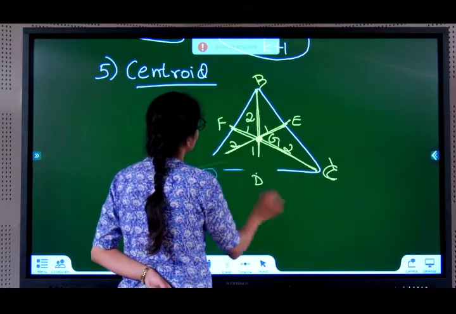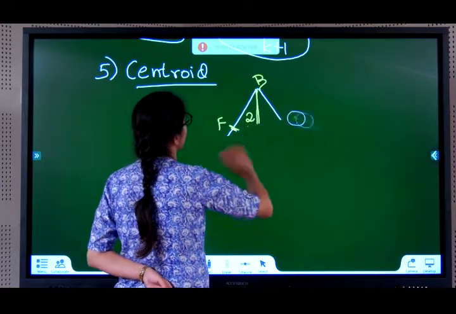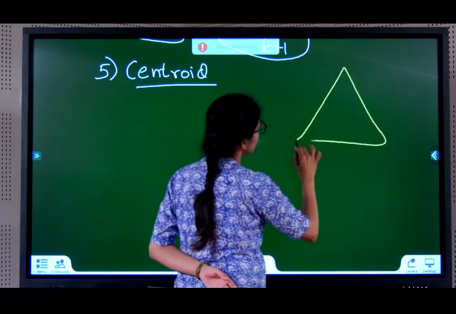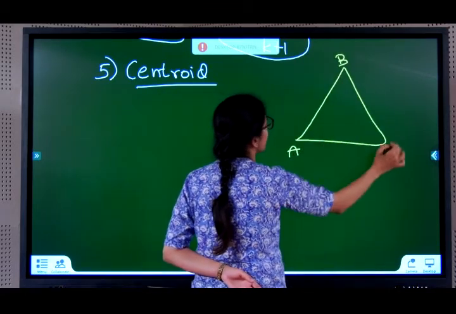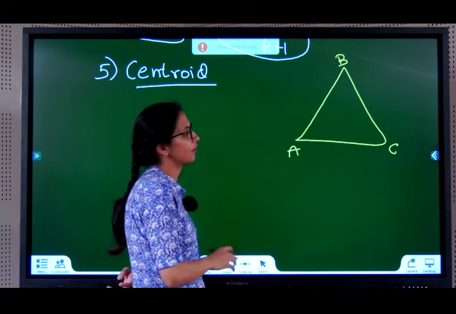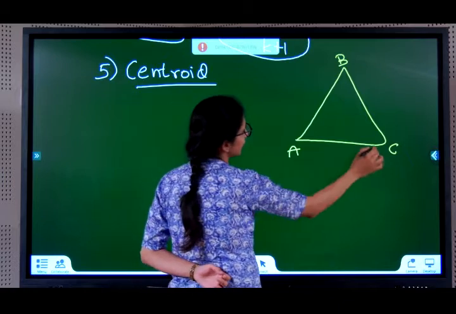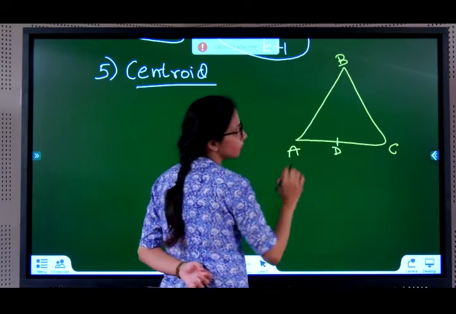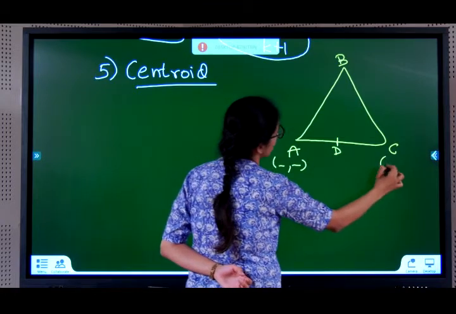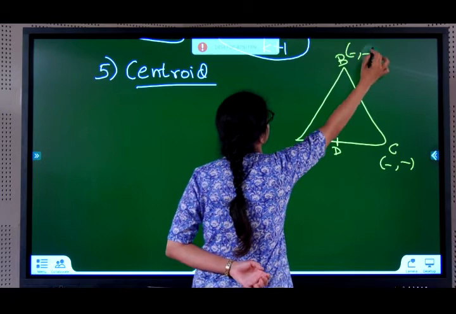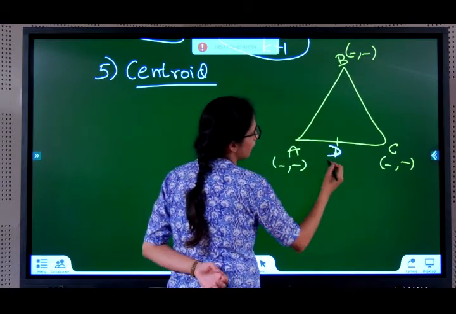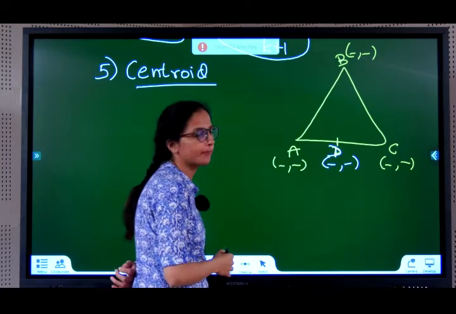So, if they give you the centroid, or anything related to the centroid, how will we do this problem? A, B, C is given and they have asked you to find the value of the centroid. How to do this? You know A and C, you can find the midpoint D using the midpoint formula. Whatever I do in white is what you're going to be doing in your exam. Using the midpoint formula, find D.